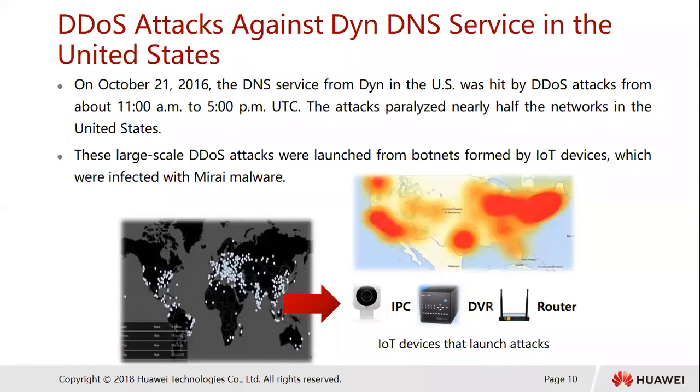What happened here was that the hackers infected IoT devices, that is the routers, DVR, IPC, as well as, what is happening now, the networks for air conditioners, the networks for the electric bulbs. All those were infected with malware,